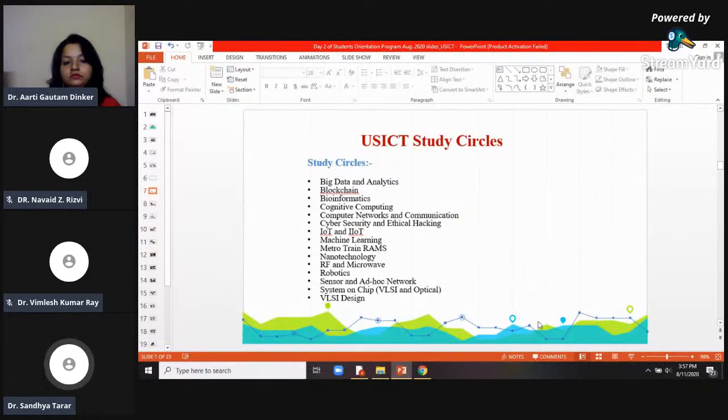And the study circle on big data and analytics is all about the same thing. How can we collect whatever data is available, and use that data for training the machines? Then we should be able to analyze that data for the right purposes, so that we can derive or design predictive models and inference engines, and make the right usage of the data we are collecting